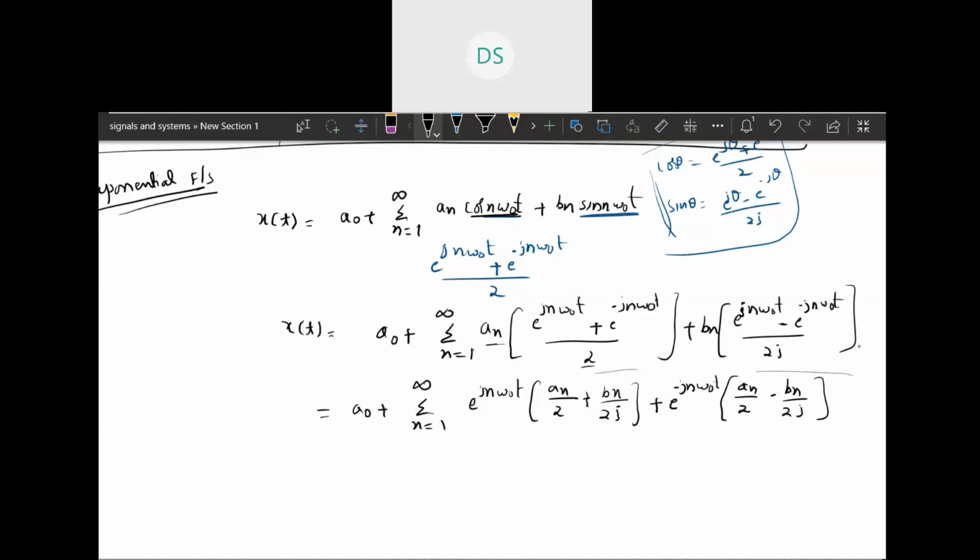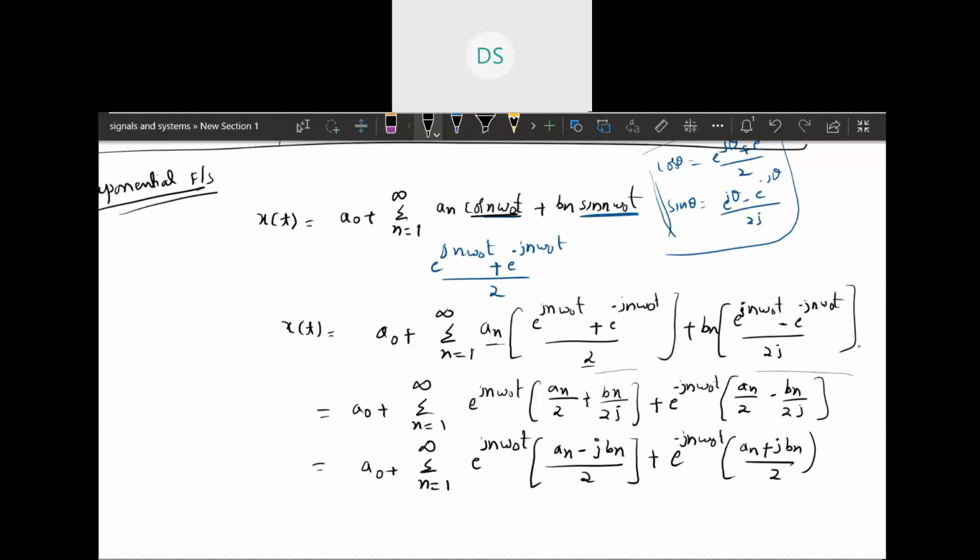Okay, so this can be written as a naught plus sigma n is equal to 1 to infinity e power j n omega naught t. And this 1 by j can be written as minus j. Okay, so this can be written as minus jbn by 2. And similarly e power minus jn omega naught t, into here will be an, and this 1 by minus j will become plus j an by 2. Okay, so from this one